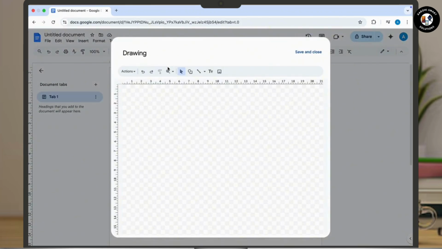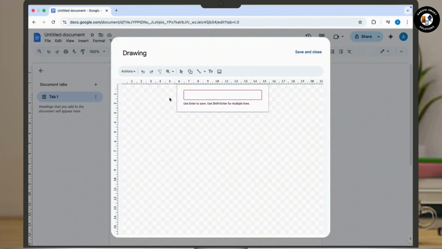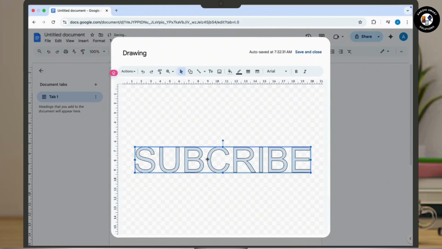Now once done so, all you have to do is tap on the add action and tap on the word art from the drop down menu. Now simply type down any text according to your preferences, whatever you want to dot. Now once you have typed down,